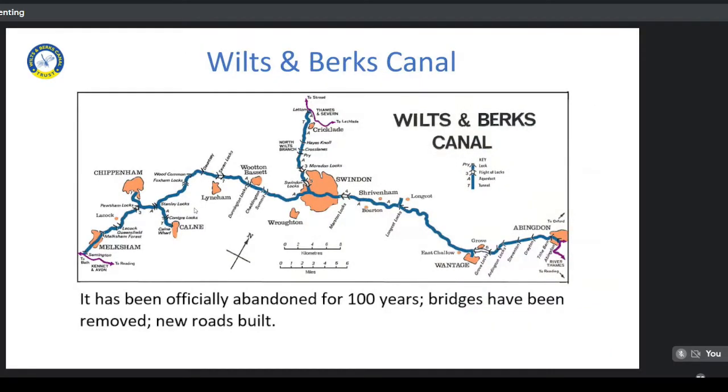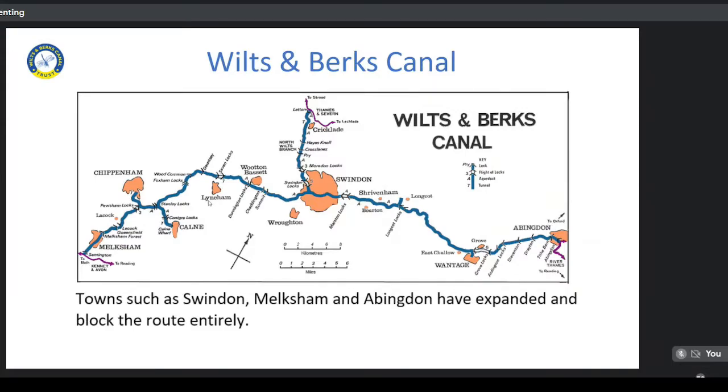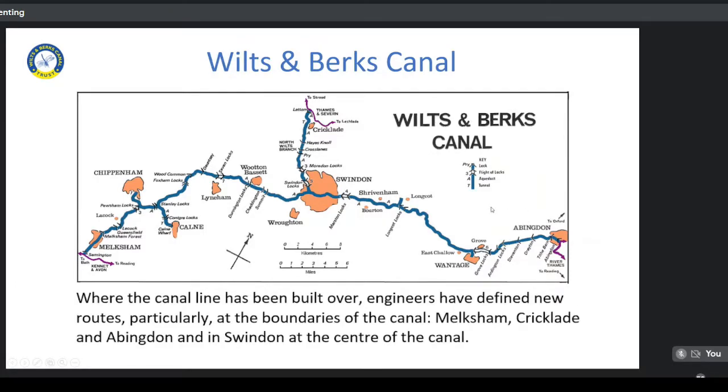So here's the canal. It was officially abandoned. It's been officially abandoned for more than 100 years. Bridges have been removed, new roads built. Towns such as Swindon, Melksham, Abingdon have blocked the route entirely. So where the canal line has been built over, engineers are defining new routes, particularly at Melksham, around Swindon, Abingdon,